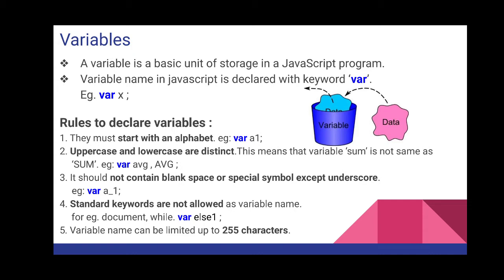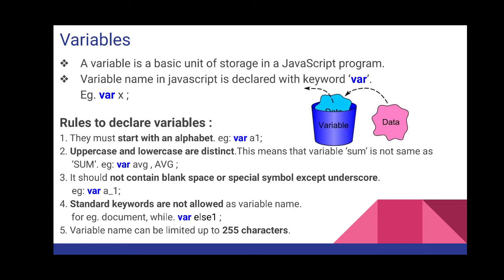Now, if you want to give a name to a variable, I'll give you one example. Suppose your house. Your house is a storage unit where you are living. This house has an address, right? That address is the name for that place and you are staying in that house. So you become the data and your house is a variable. Now why is it called a variable?